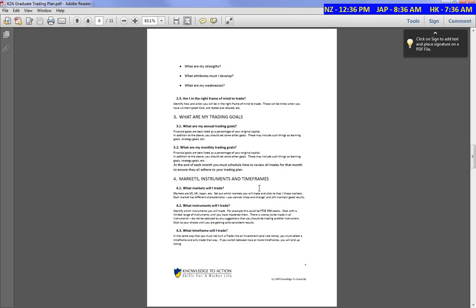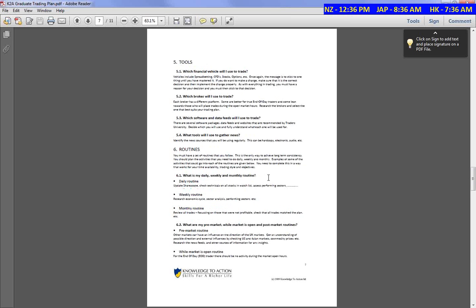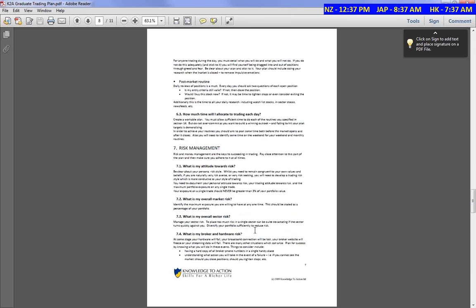I've had a couple of people really put a lot of time and effort into this, and I think that's a great thing, and they're succeeding by following that, knowing what to do and when to do it, because they've got it written there, and they have a complete and concise understanding of where to go and when to do it. So routines, what's your daily and weekly and monthly, reviewing trades,